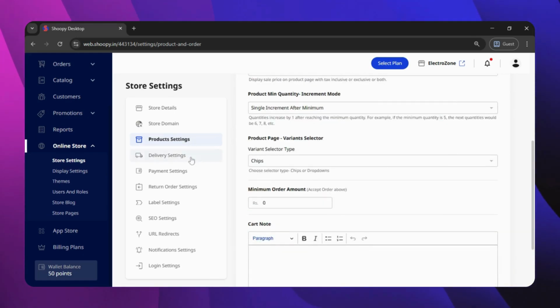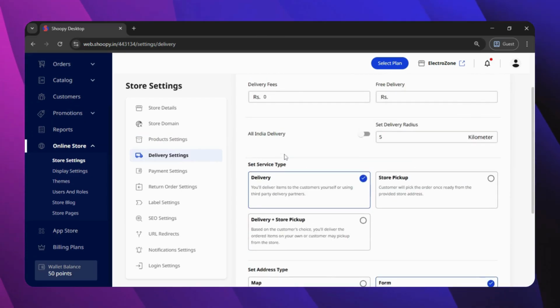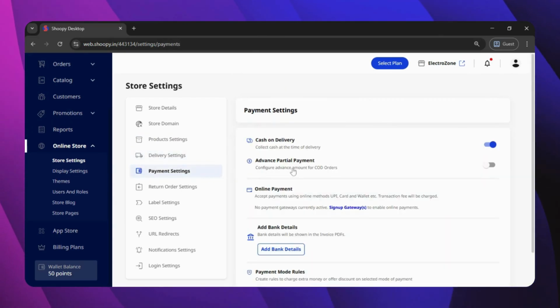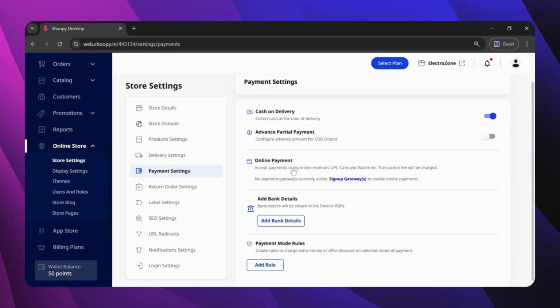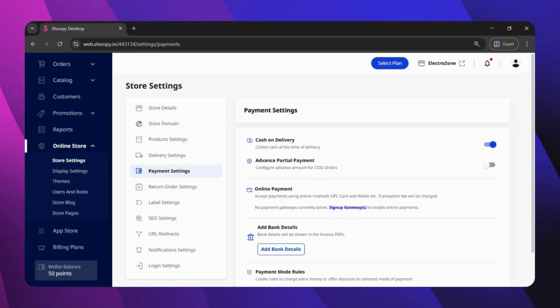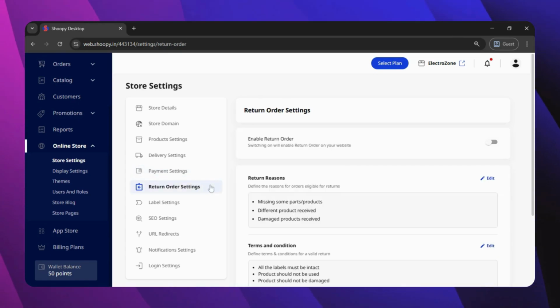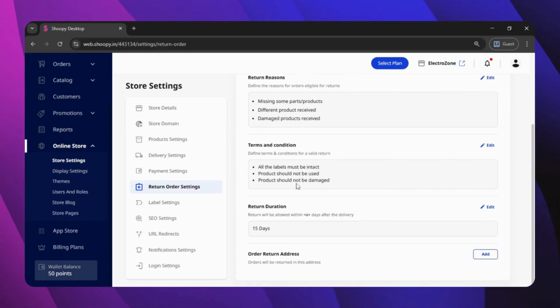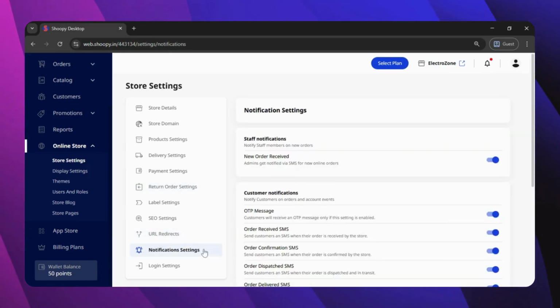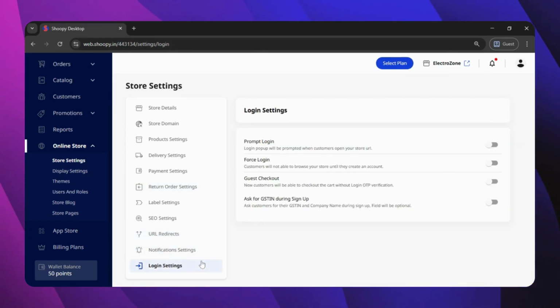Delivery Settings allow you to configure shipping options, while Payment Settings let you set up and manage payment gateways such as Razorpay, PhonePe, Paytm, and CashFree. You'll also find options for managing return orders and assigning store operators. Additional settings include configuring user access levels, handling URL redirections, setting up notifications, and managing login settings, all conveniently located